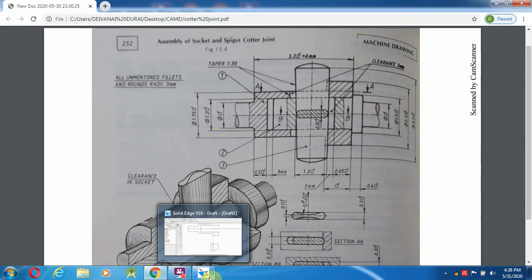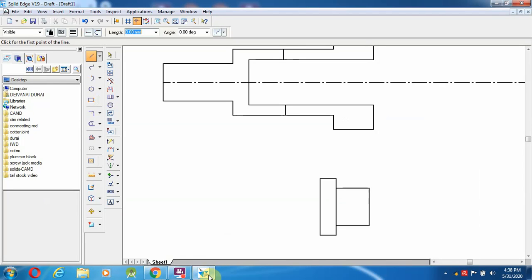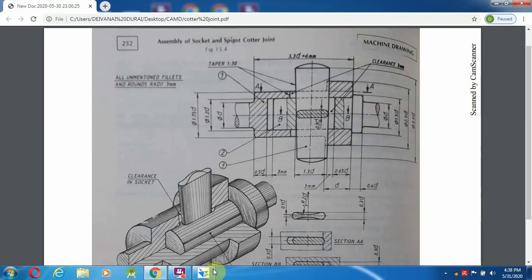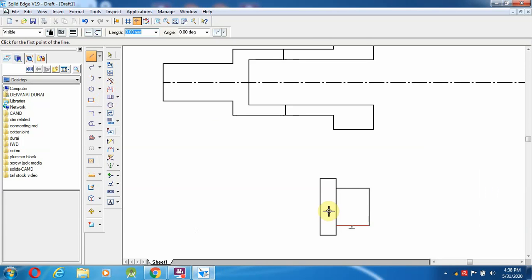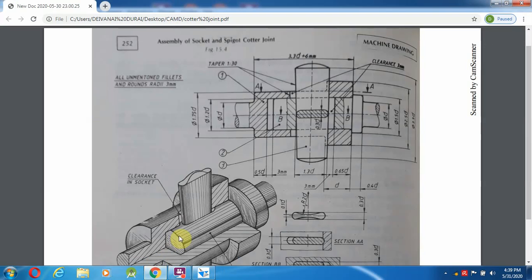So 1.2d we are getting as 24 mm. So 24 mm means we can select a line from mid. You can start from mid to 12 mm, 12. And now what is the length of the spigot over the inside?